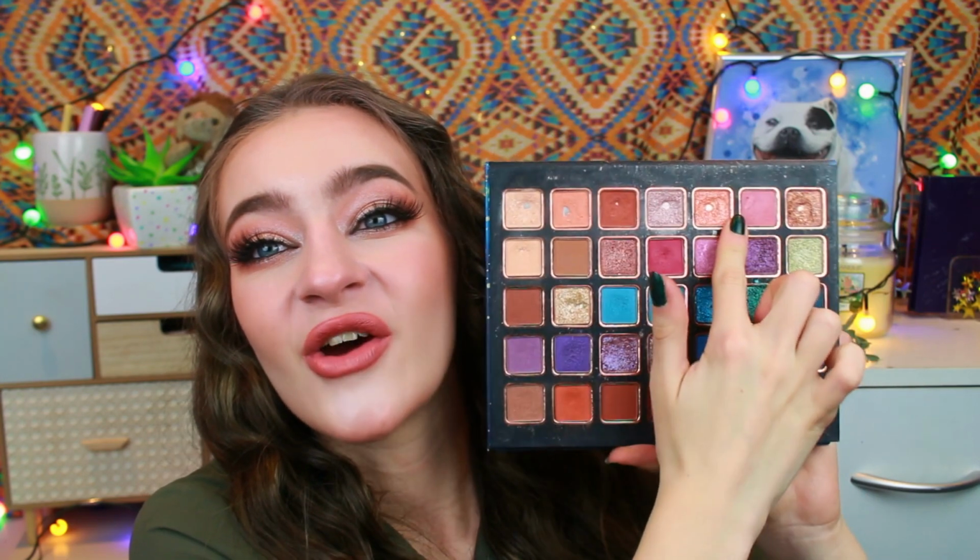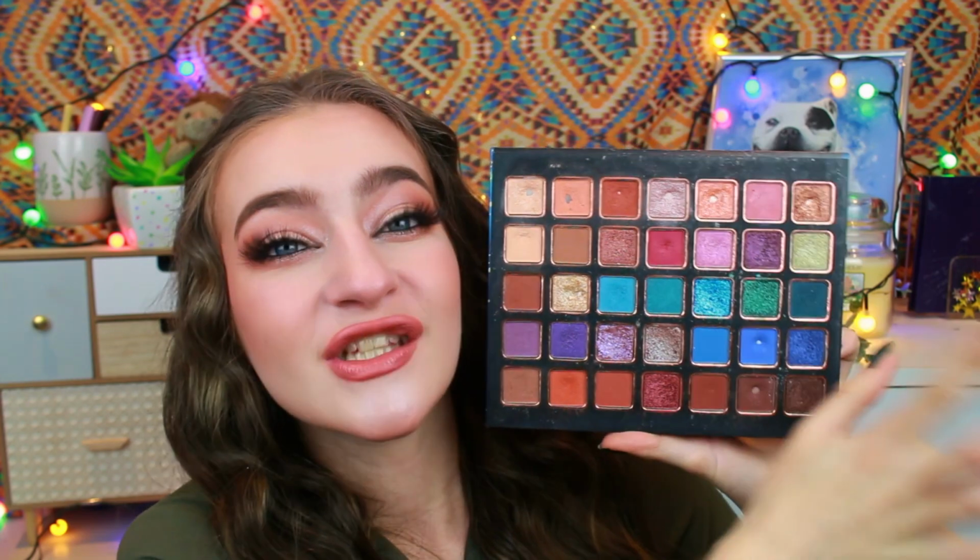So last month I used this 8 times for a total of 12 uses to hit pan in it. Here we go. That seems to be about the magic number for this palette. Around 10 to 12 uses normally gets me pan. I'm really happy that I do have pan on it, and as I said, skipping over this pink, skipping over this bronze because it already had